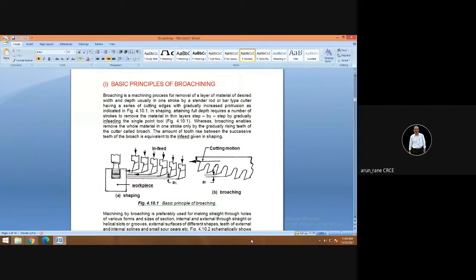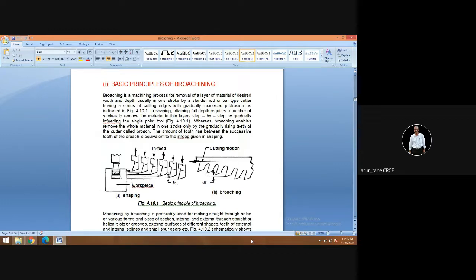And then you'll have to calculate the RPM from 8 meters per minute. So V is equal to pi d n upon 1000. So you will get an RPM. Then as per 0.1 millimeter per revolution, you can calculate the feed in millimeter per minute, and then you know the total length; divide the total length by the feed in millimeter per minute, so that you will get the machining time in minutes.